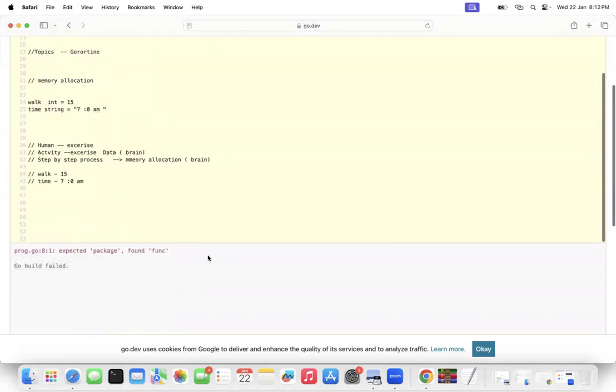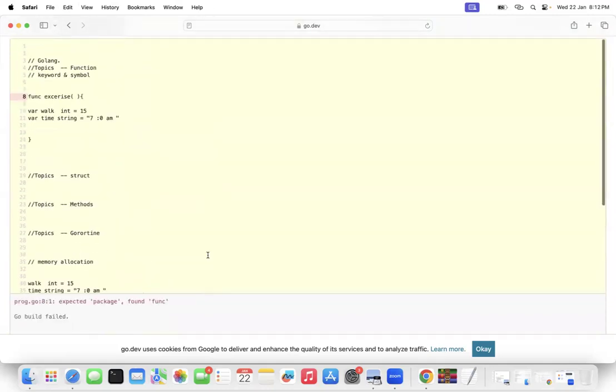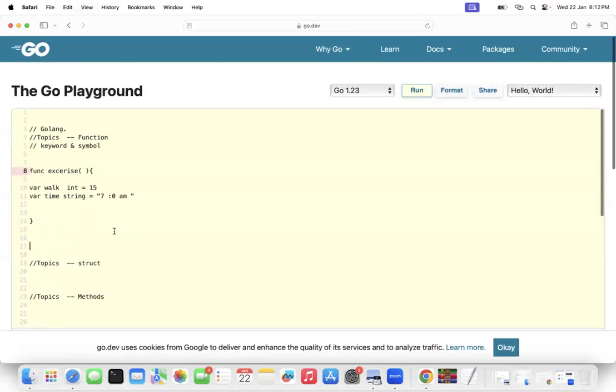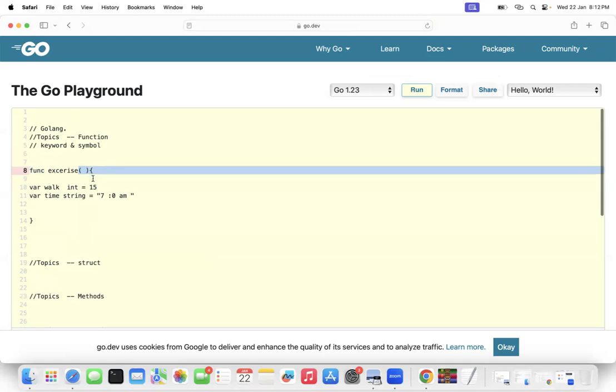One question: here we write one keyword, func, and we give the name of the function. Next to that, the bracket is there. So the name of the function we gave is outside of that bracket. If we were giving it inside, then what? No, no, let me tell you.